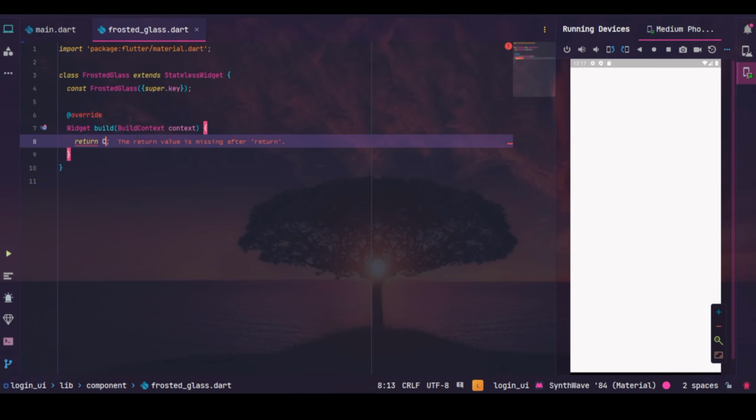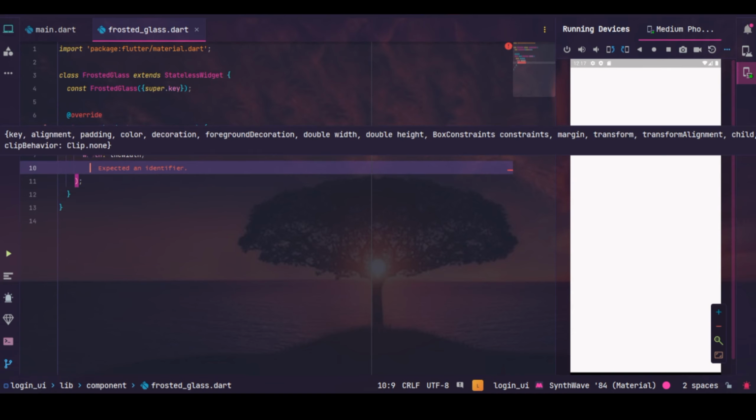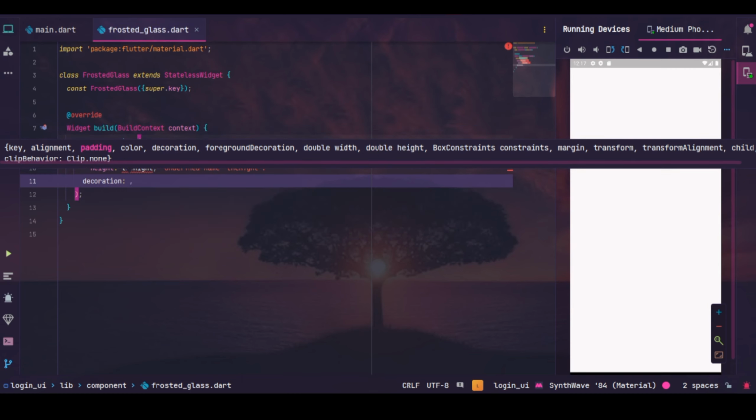and there is a container, and width set as the width, and height set as the height. So we have defined these as a constructor. Let's decorate our container with a box decoration,